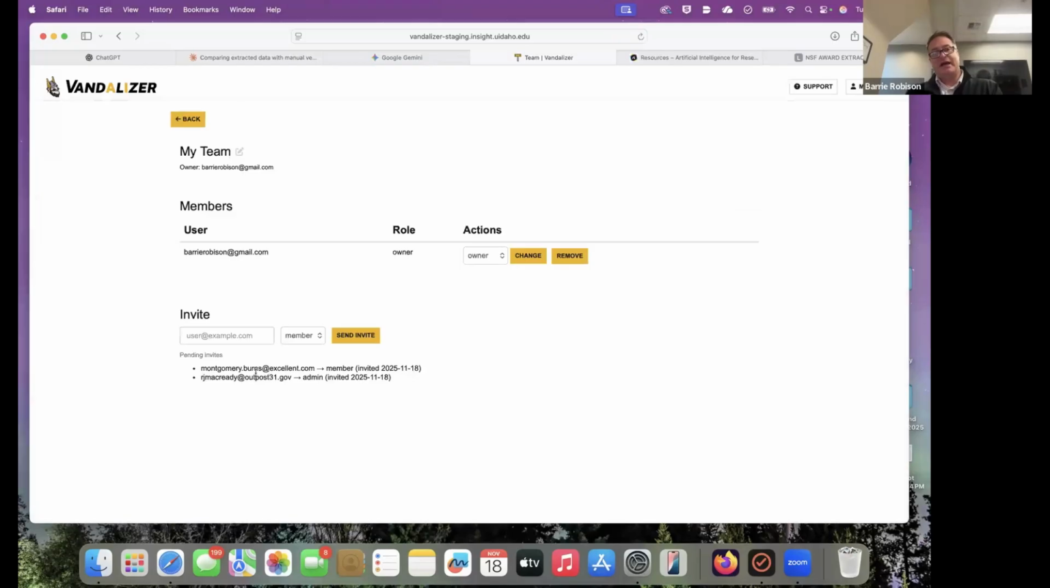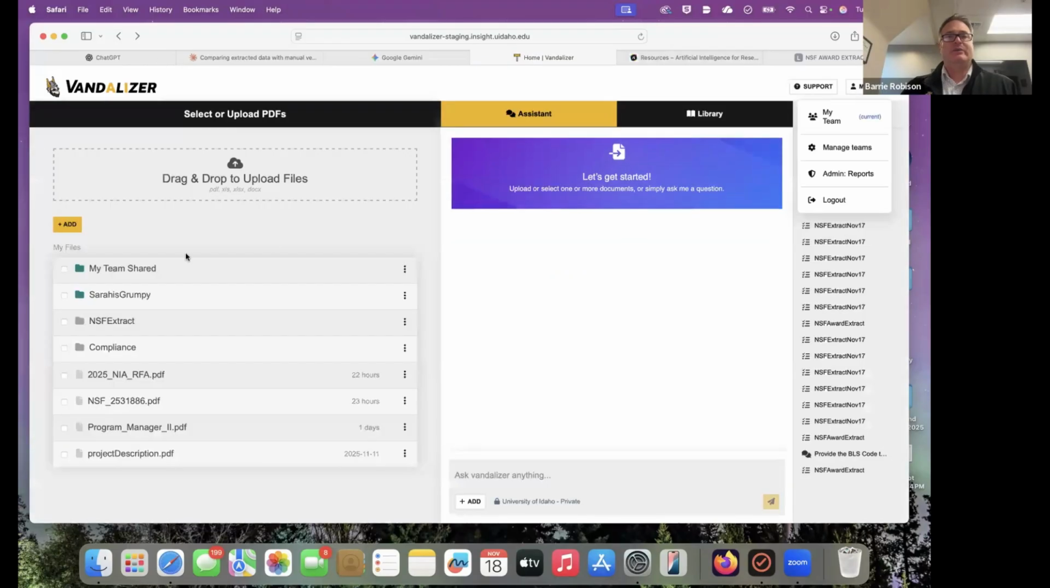And you can see that I created two fake accounts. What I discovered is I couldn't simultaneously have windows open in this environment where I was logged in as different individuals, so I can't do that. But I created a Montgomery Burns at excellent.com and I invited that person and RJ McCready at Outpost 31, and probably two of you will get that reference. The idea is if they accepted this invitation, they'd be added to my team, and we would then be able to have shared visibility into whatever's in this directory. And when I go over here,